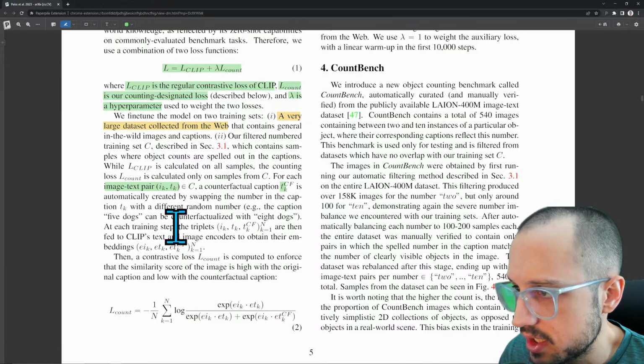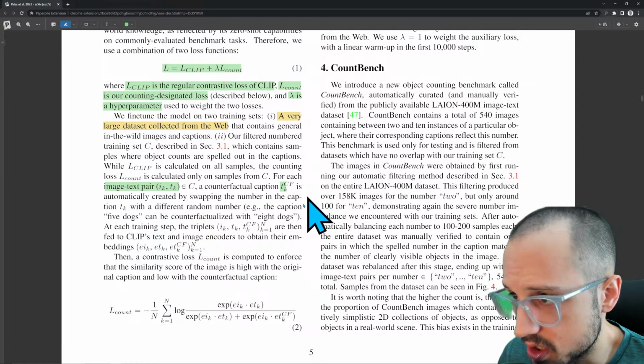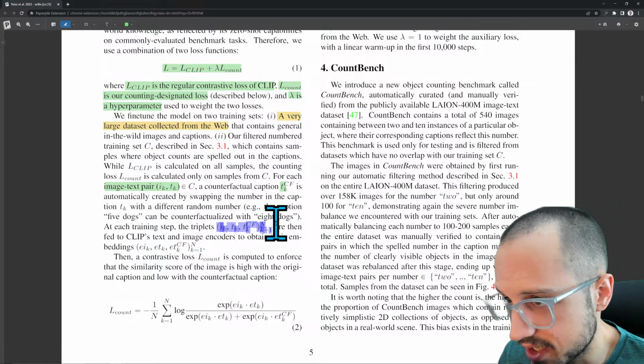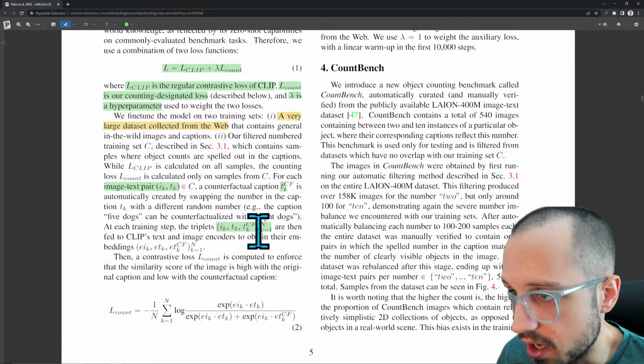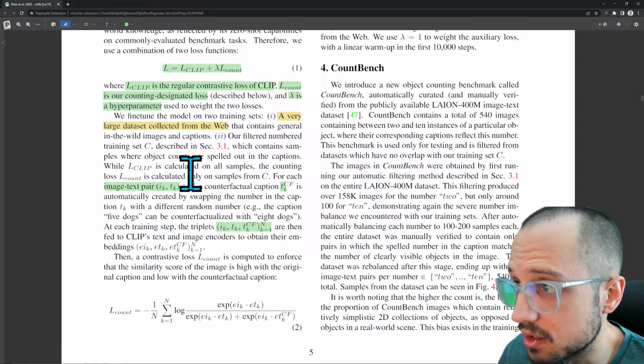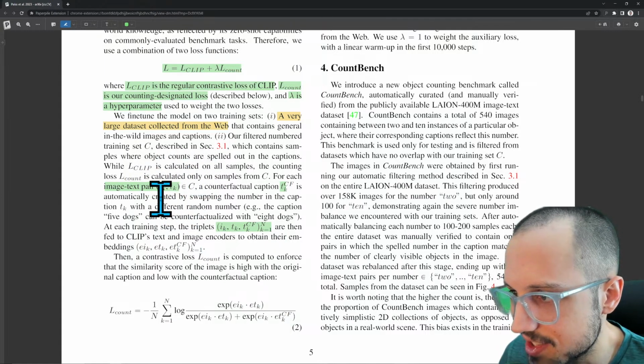After each training set, the triplet, so now your tuple of image and text is now a triplet: an image, a text, and the wrong text, the counterfactual text. And there's K of these. K is basically the size of the data set, the subset C,